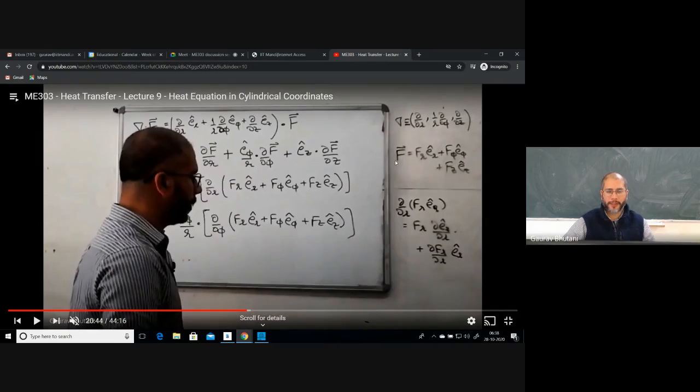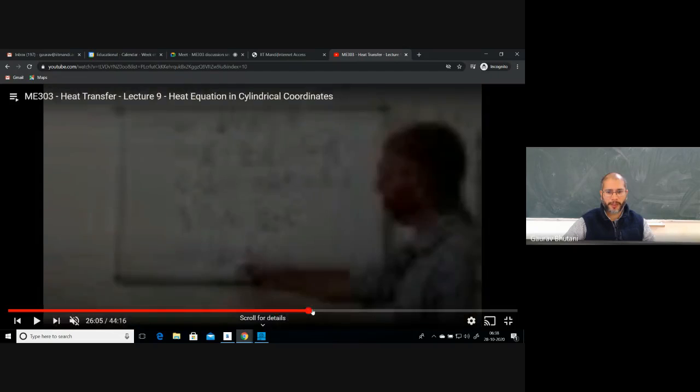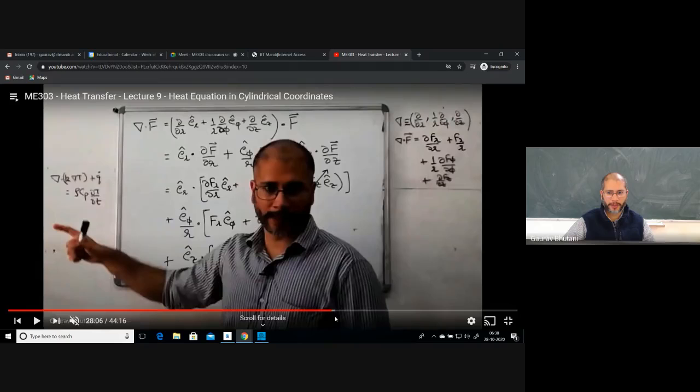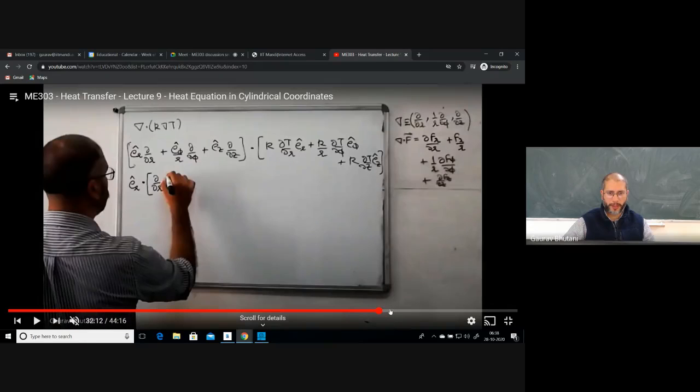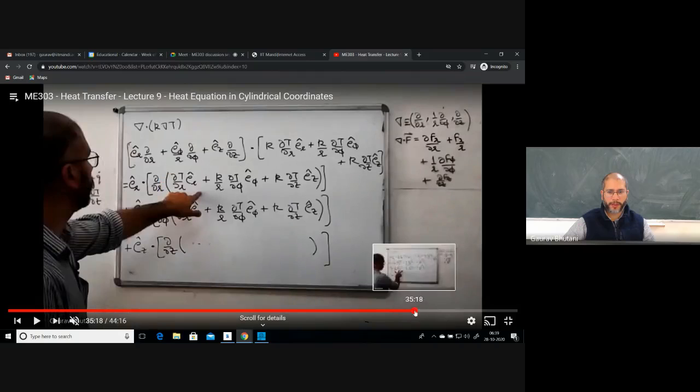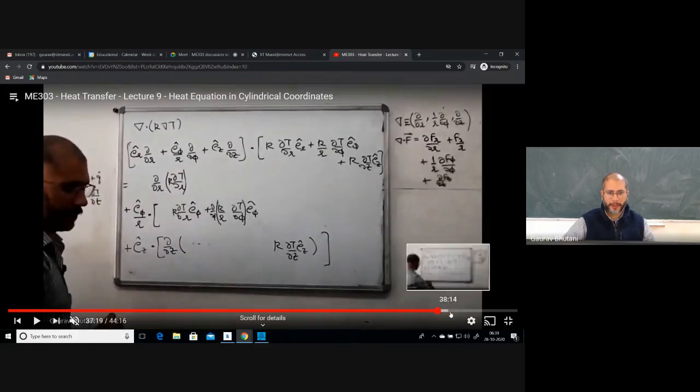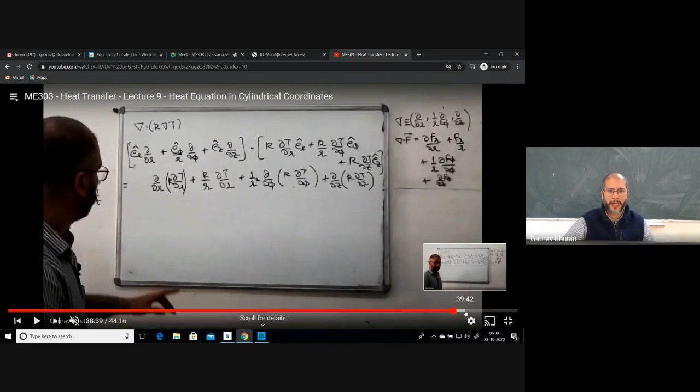Then we moved to defining divergence of F in the cylindrical coordinate system again. And for that, we had to be careful with the e phi term, because there we get a couple of extra terms as well. And finally, we moved on to writing the divergence of k grad T, which is very similar to writing the divergence of the vector F. And with this, we were able to write the final expression for the divergence of k grad T in the cylindrical coordinate system, out of which we extracted only the r term, because for wires we assumed that there is no variation with phi and z.